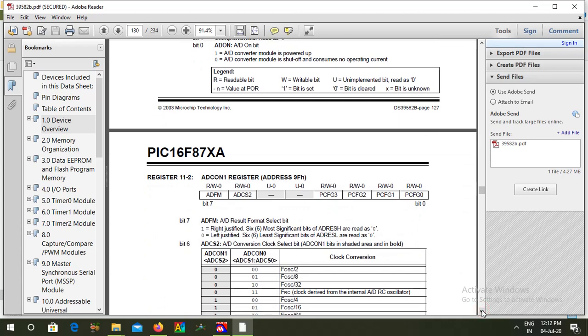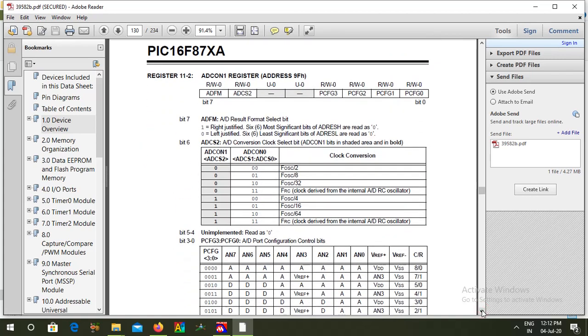Then the ADCON1 register. Bit 7 of this register is used to select the style of the result. If you set that bit to 1, it is right justified. If you set it to 0, it is left justified. We are going to use left justified operation, so we keep it at 0.